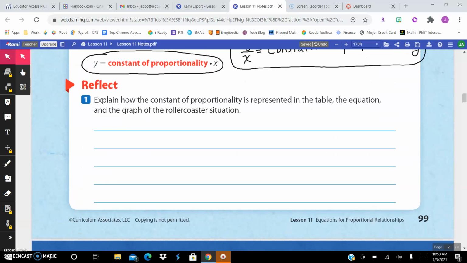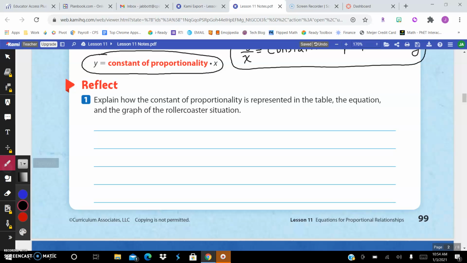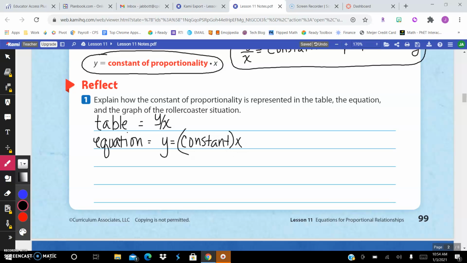All right, explain how the constant of proportionality is represented in the table, the equation, and the graph of the roller coaster. So in the table, we can do the y divided by x to get to the constant of proportionality. The equation is y equals the constant times x. And then in the graph,